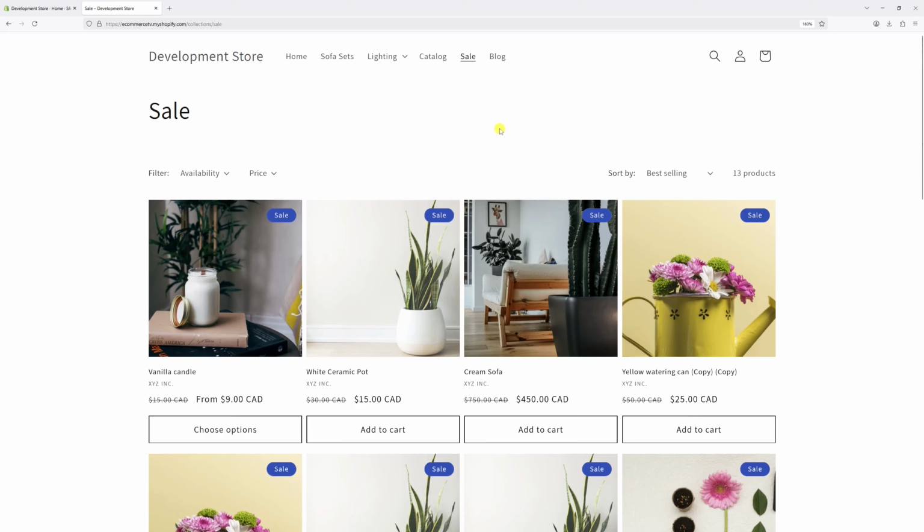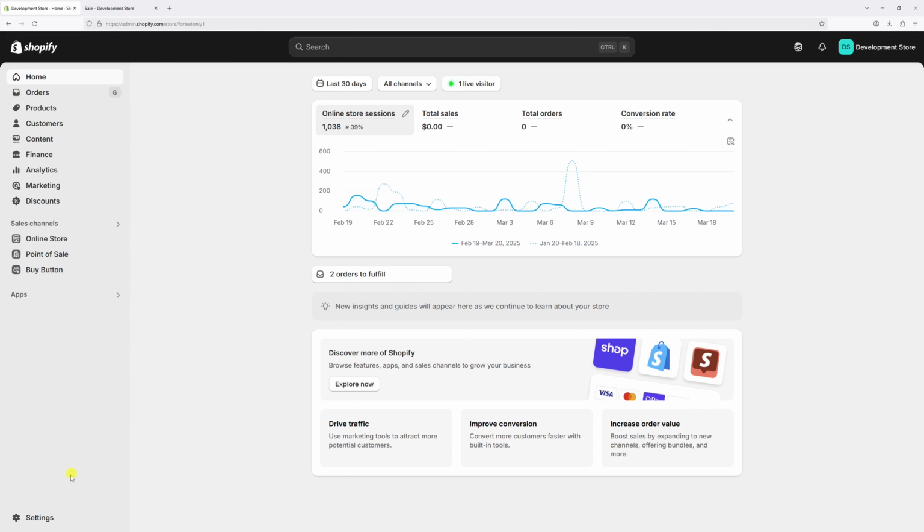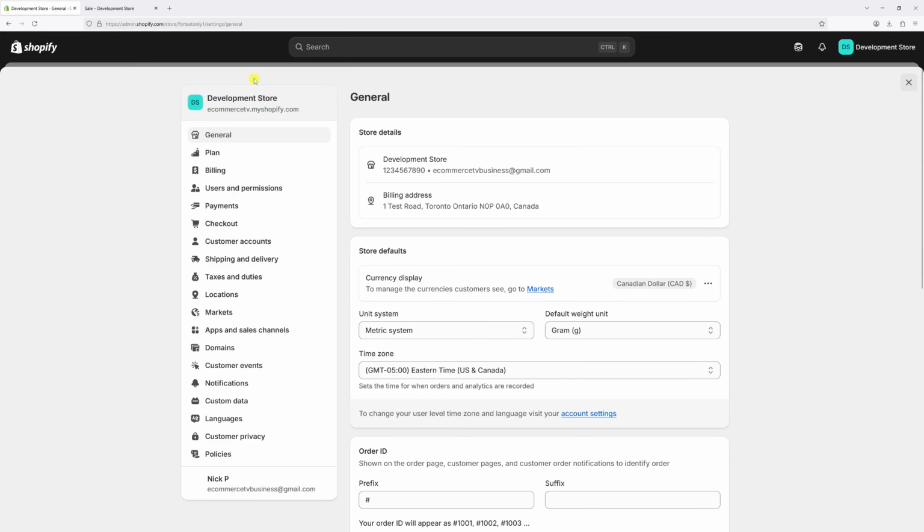In this video, I'll show you how to rename collection filter options such as availability and price. As an example, I'll change them to stock status and price range. So to make the adjustment, first we'll log into Shopify admin account, then click on settings, and then look for